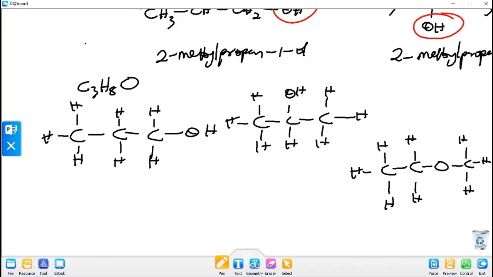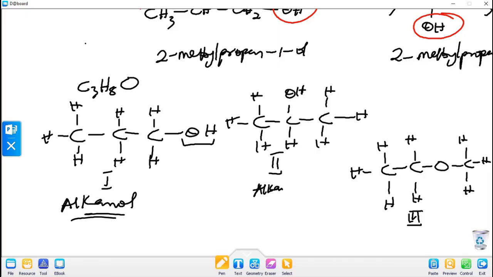So this is an example of functional isomers. Looking at this, compound 1, compound 2, and compound 3 all have the same molecular formula. But compound 1 has OH, and OH tells us that it is an alkanol family. Compound 2 also has OH attached together. It tells us also that it is an alkanol family. But compound 3 does not have OH as its group. It is having it as